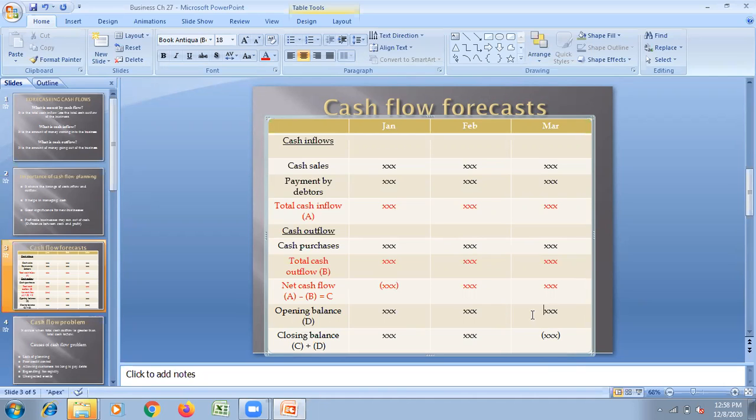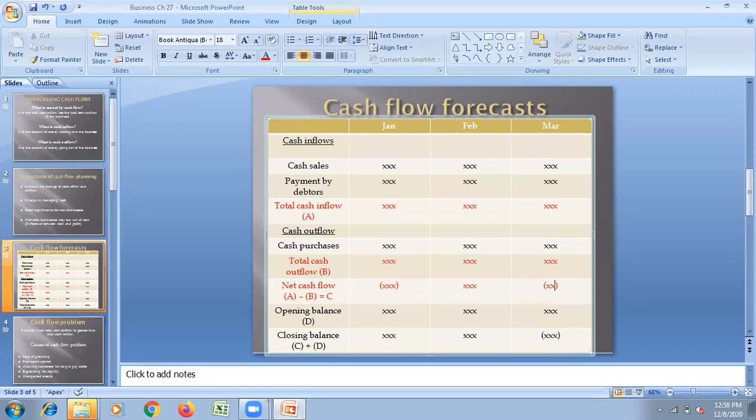The business will not have enough cash to meet its daily expenses. In the month of January you can see net cash flow is negative, but finally the closing balance is positive. In February there is no negative balance. But in the month of March, let's say net cash flow is negative